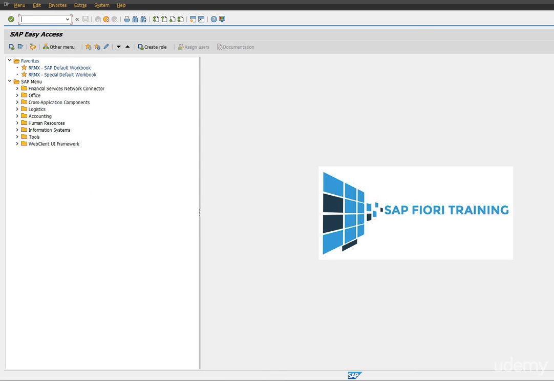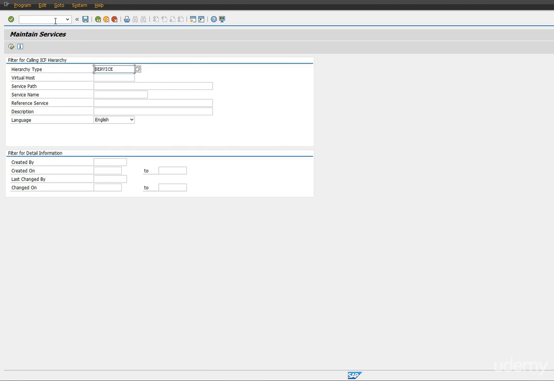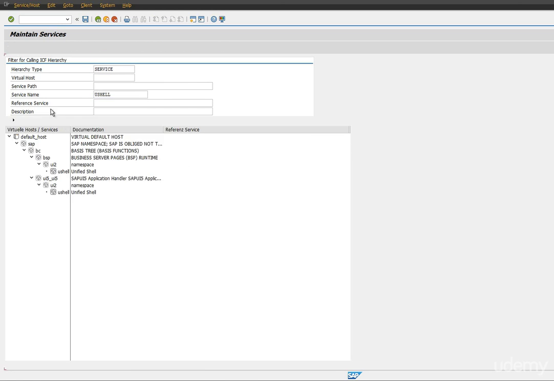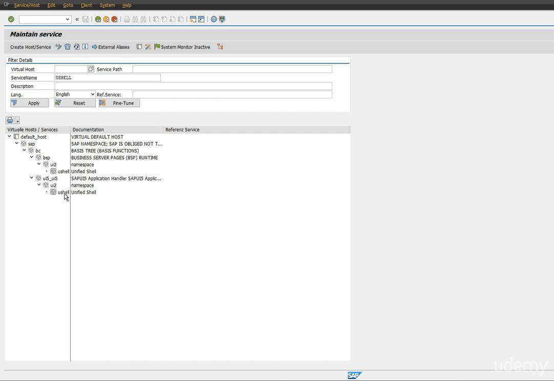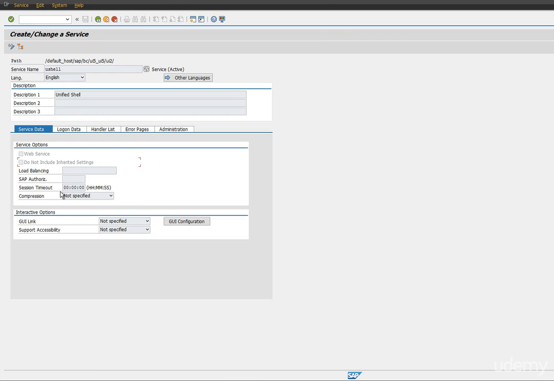And once those steps are done, as a very first step for the Fiori Launchpad to be open, let's make the usual service active and set some configuration for it. So go to transaction code SICF and enter the service name as usual, and if it is not active, make sure it is active. Right now I have already deactivated it, so double click on it